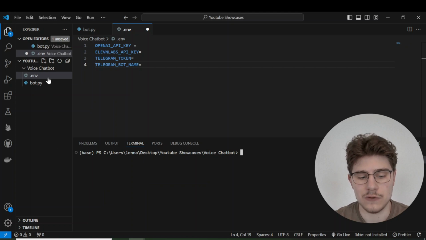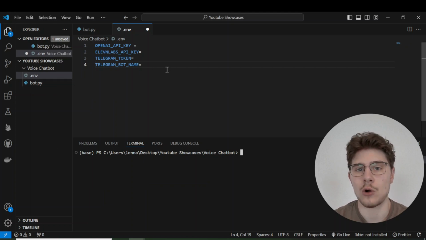So I have to create a .env file and the bot.py file. In the .env file, we store all our API keys that we then can retrieve later to use. So we have to store the bot name that we copied, the bot token, and the ElevenLabs API key and the OpenAI key. The OpenAI key you can just get by going on openai.platform.usage, and then you get your API key there, and ElevenLabs, you just go on elevenlabs.io, create an account,